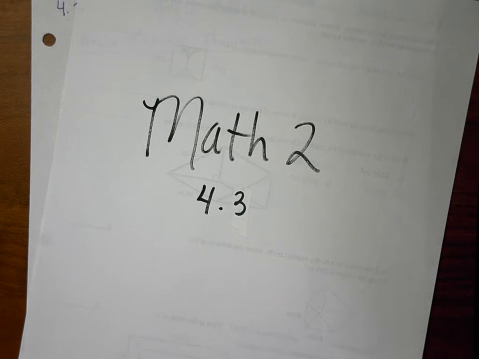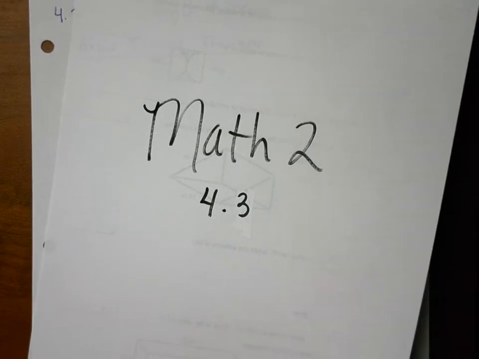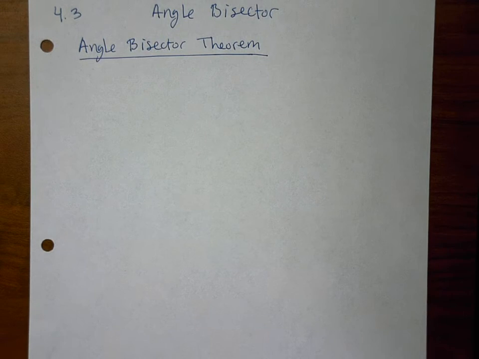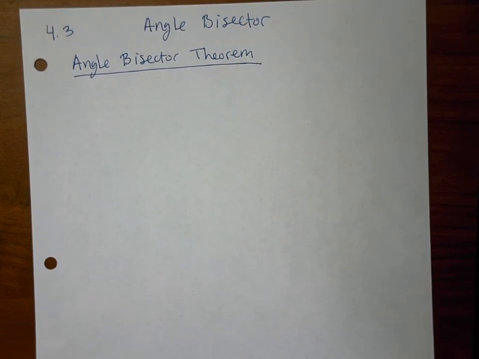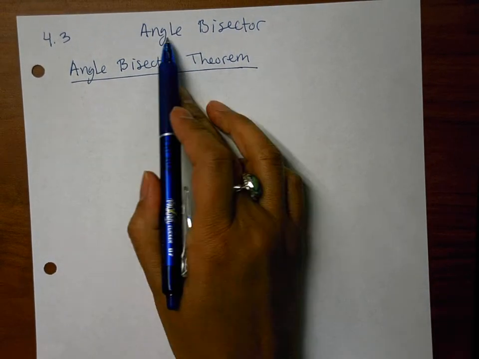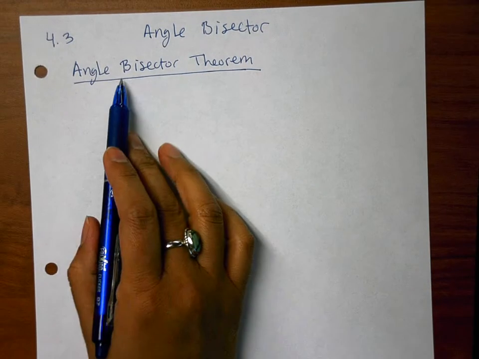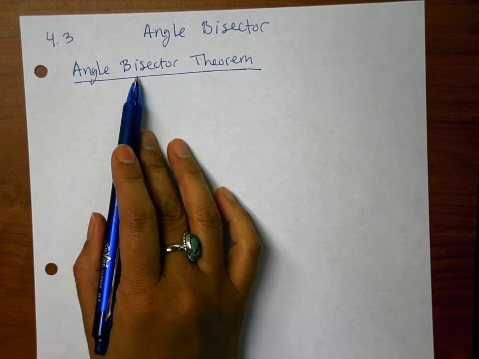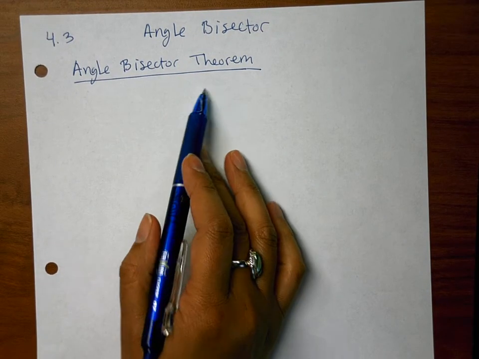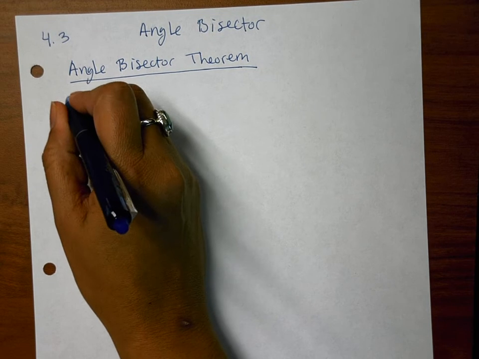This is Math 2, 4.3 notes. That's Unit 4, Lesson 3. The title of the notes is Angle Bisector, and we're going to talk about the angle bisector theorem, which states